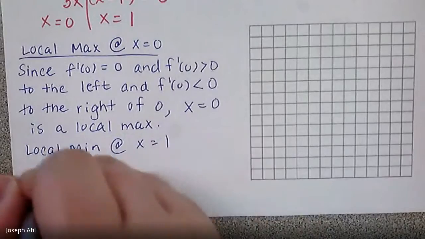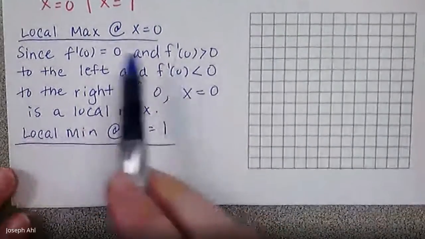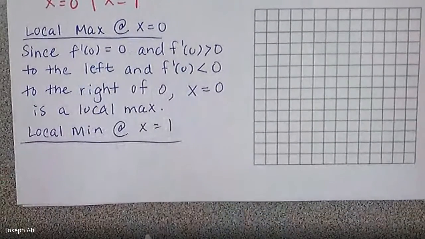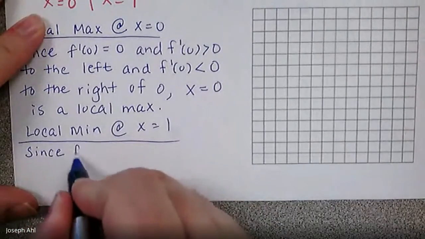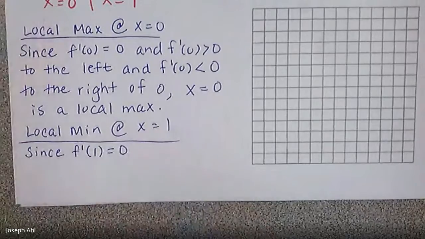I bet if you hit pause right now, you could probably repeat a very similar statement to what we just wrote up there to justify the local min at x equals 1. So if you want to challenge yourself, go for it. But otherwise, I'm going to write down real quickly, since f prime of 1 is 0,